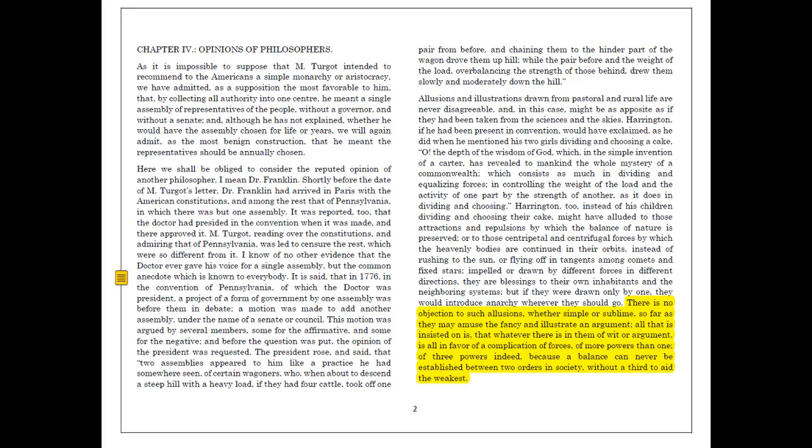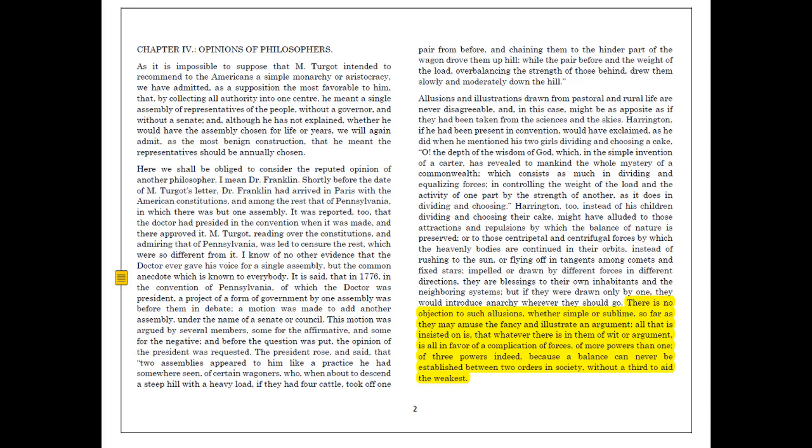So Turgot apparently heard this anecdote from Ben Franklin and interpreted it to mean that Franklin was mocking the idea of a bicameral legislature. That's as silly as separating your oxen and putting them in front of and behind a cart. Adams's retort here is simply, no, Turgot, you must never have had to hook a team of oxen up to a wagon before. What Franklin is saying is, this is a completely practical and effective method of balancing the weight between 2 different forces. And that's the underlying principle that Adams is trying to draw to here.